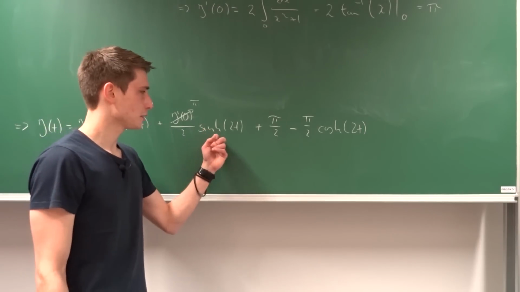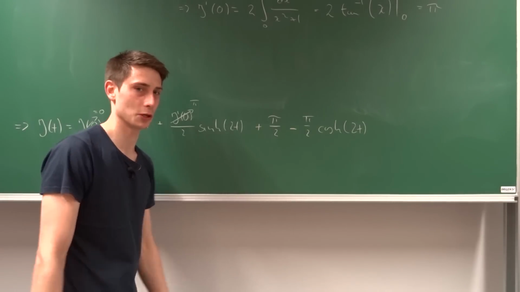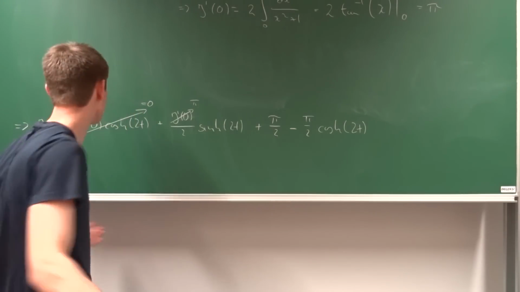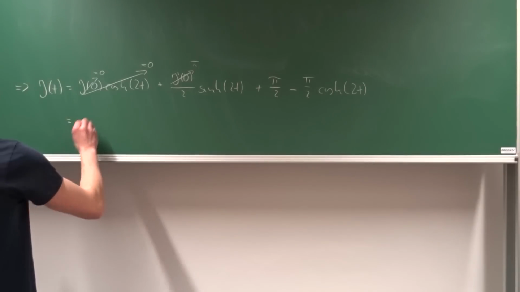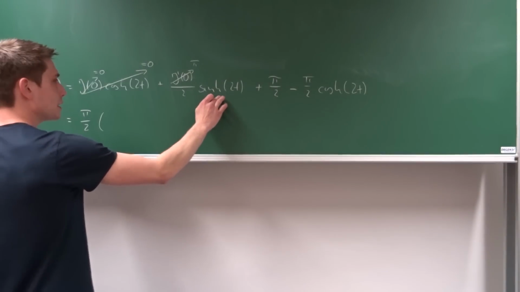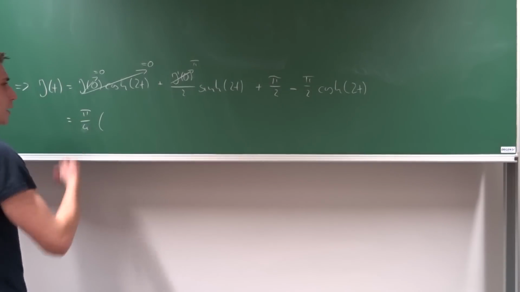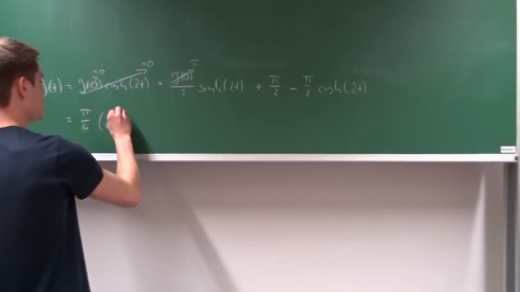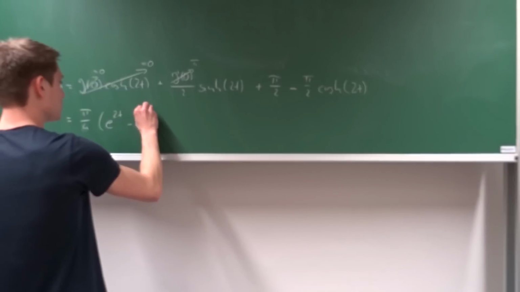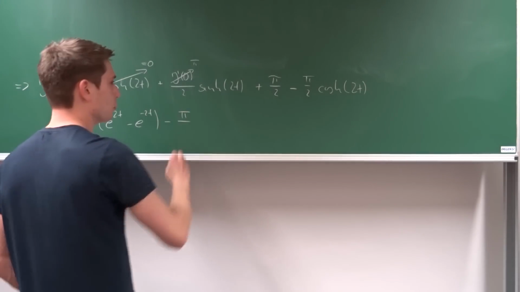Now we can use the definitions of the hyperbolic sine and hyperbolic cosine in terms of the exponential function. Let's write it out a bit. So we get pi over 2 times something over 2, so we can bring this 2 to the outside. So this makes pi over 4. Great. And we have e to the 2t minus e to the minus 2t. Okay, nice. And then minus pi over